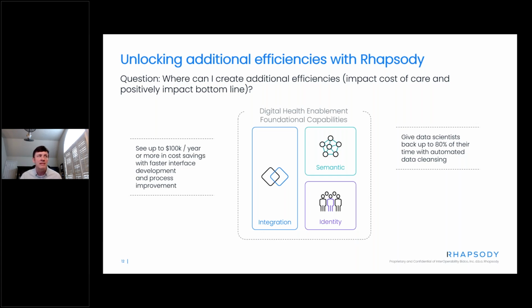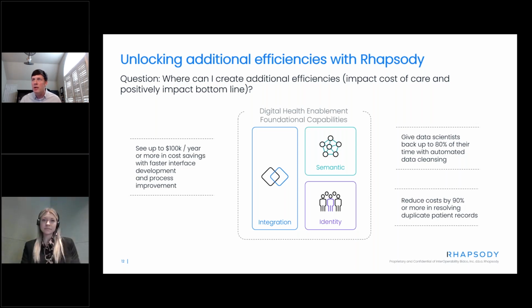And then the last item I had, straight from a case study again, is being able to reduce costs by 90% or more in resolving duplicate patient records. And this one was taken from the Geisinger case study, I believe, but it's really impressive what we were able to do there. And Lynn, I think about 90% reduction in that data stewardship work is pretty exciting,